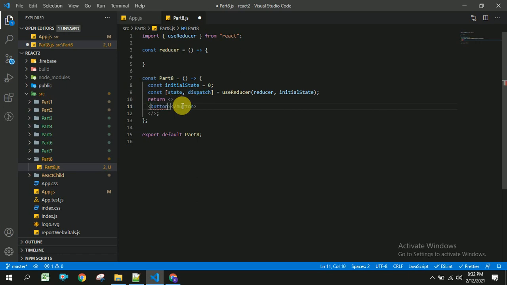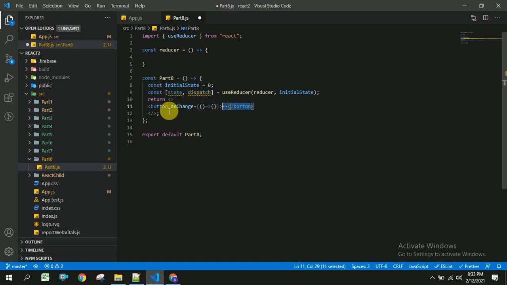This button is for decrementing, so minus, onChange. Once the user clicks on this button, the onChange event handler will be called, and here we will be writing some code.